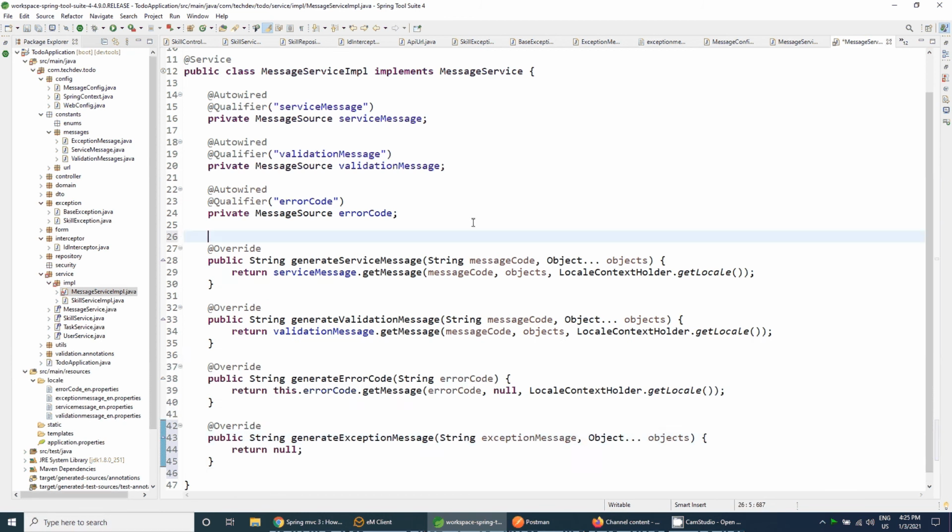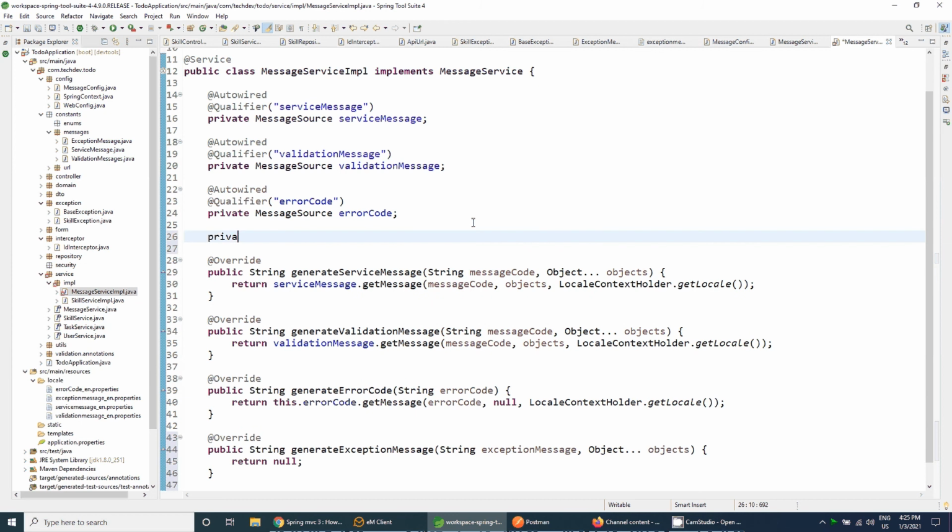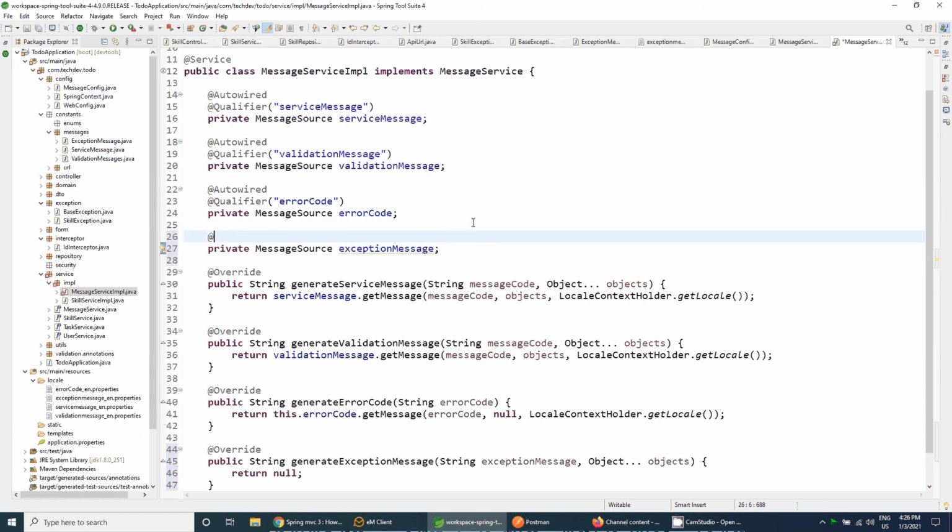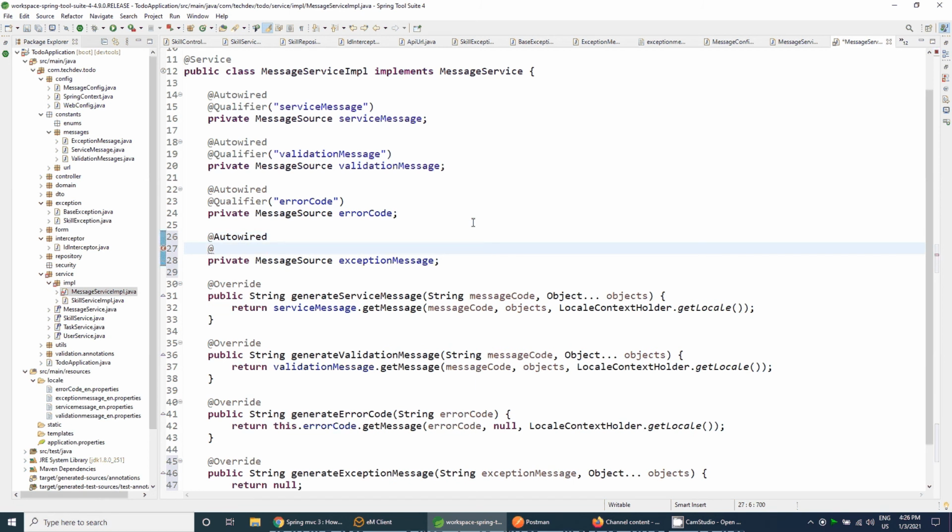And let's autowire the bean message source for exception message, and with @Autowired we will use a qualifier, because it will get the bean from the Spring context using this object name, that is exceptionMessage.